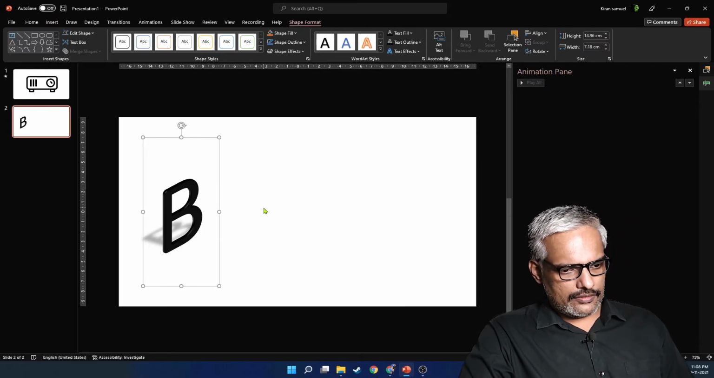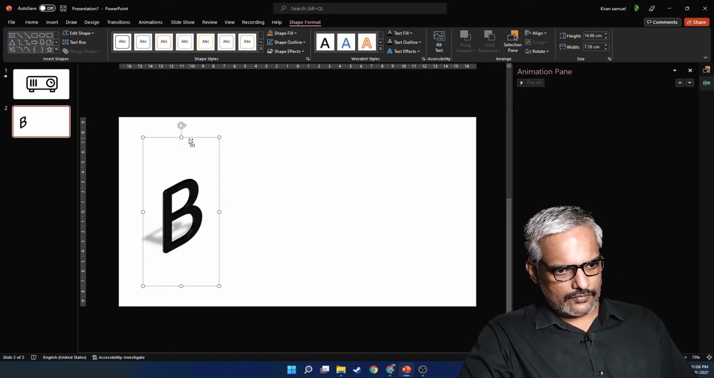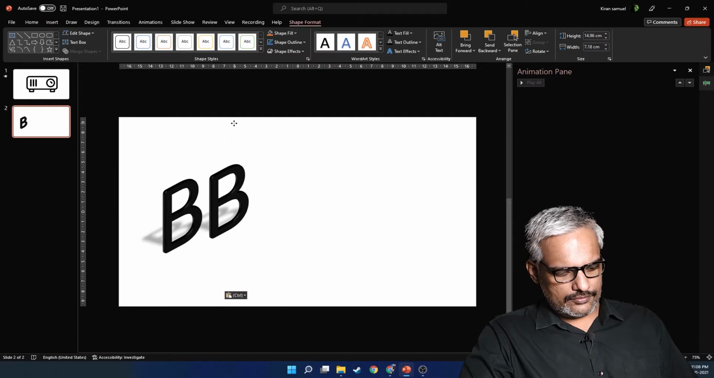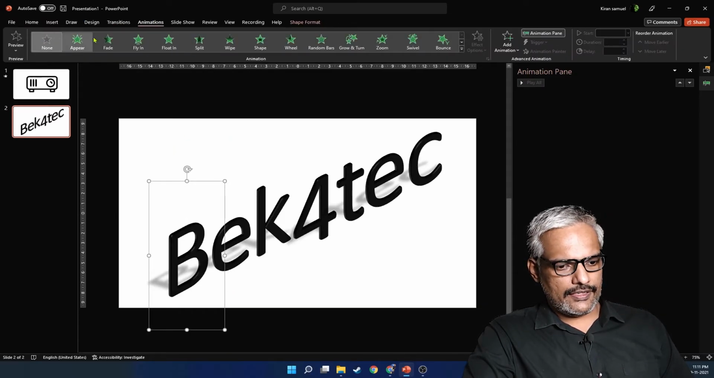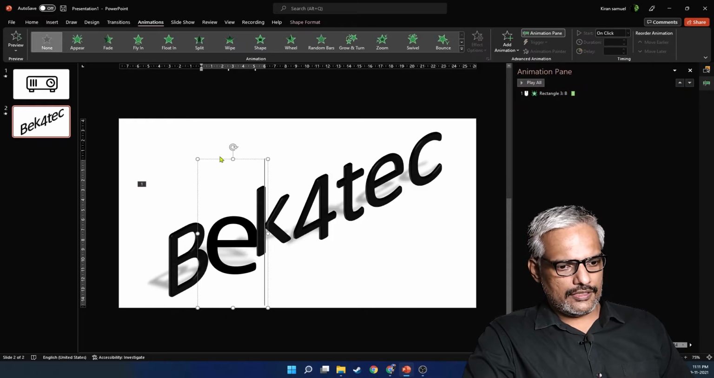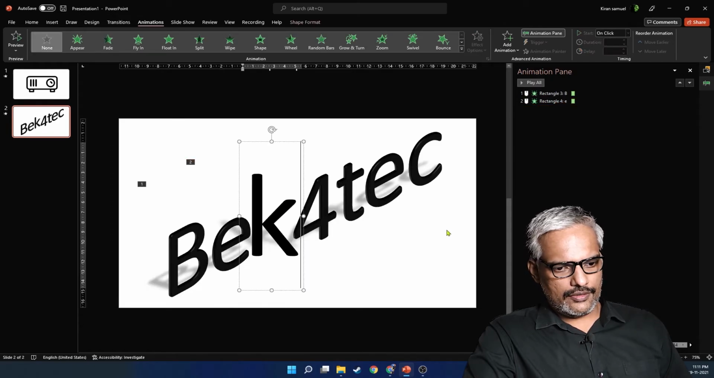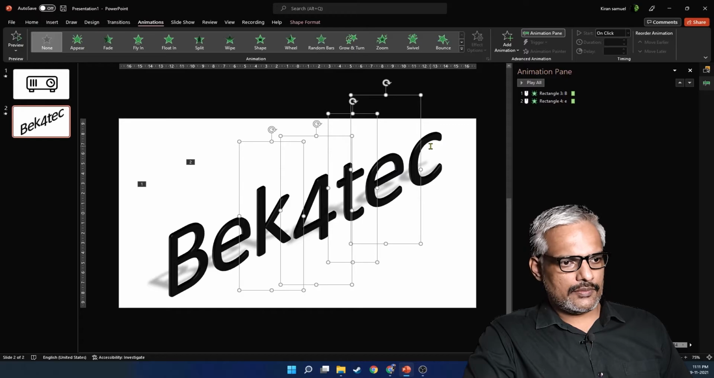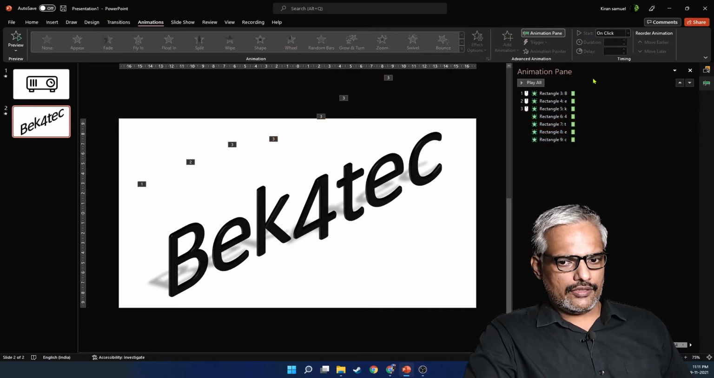Now what I need is I need to copy this thing. This is for E. Select each of them and give the animations. I'll be giving fade animation for this thing. I'll be giving fade animation for this thing. I'll be selecting all and I'll be giving the fade animation, right? So again,